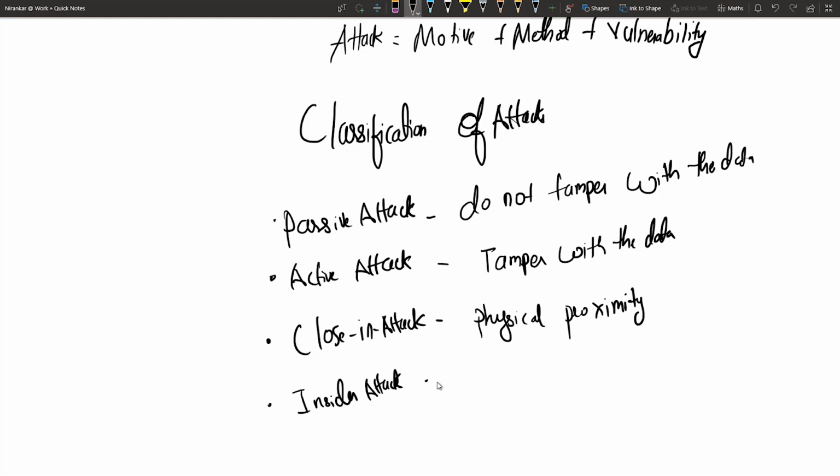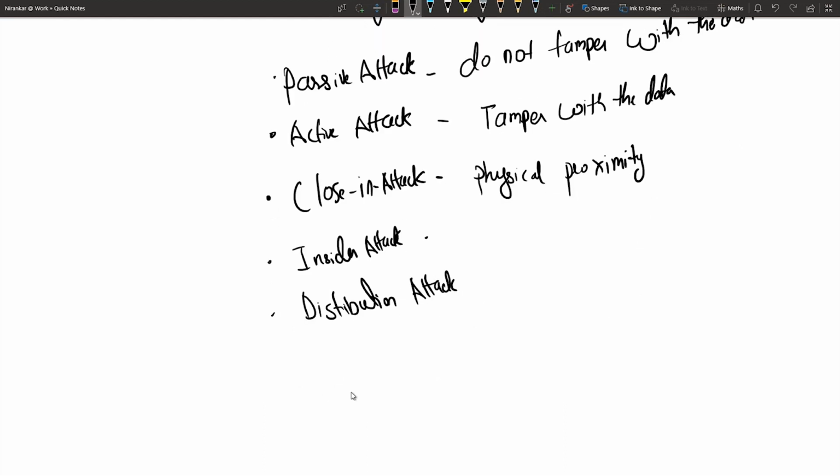That is because if I steal a device, it causes the company a financial loss. Then distribution attack. Distribution attacks occur when the attacker tampers with hardware or software prior to installation. Let's say you are going to buy a laptop from me. I will install backdoors, malware, and viruses into your laptop and send it to you. You will see that my laptop is working fine, but in the background my virus is running and I can steal the data that you enter. That is the classification of attacks.